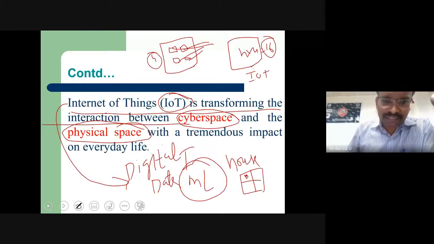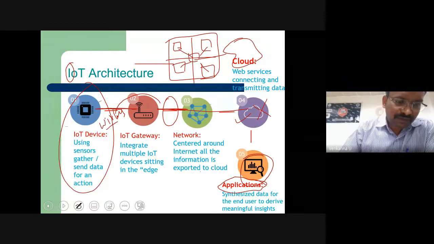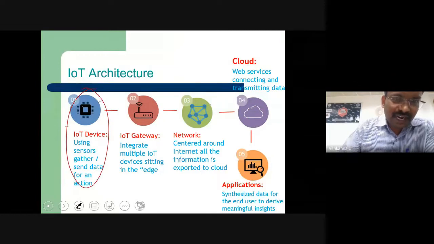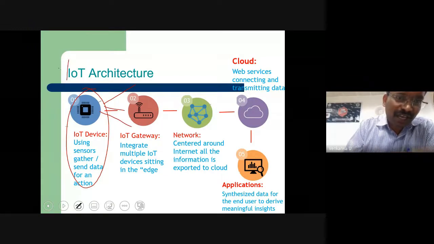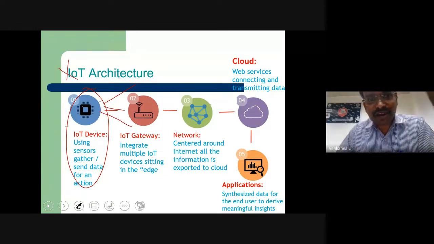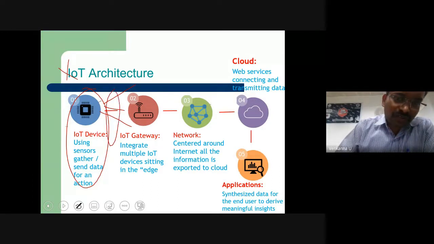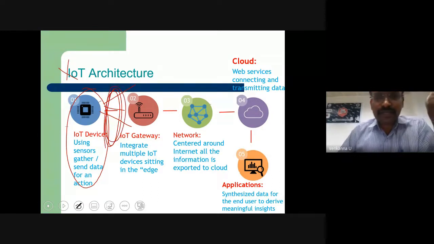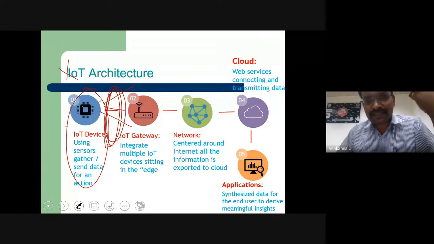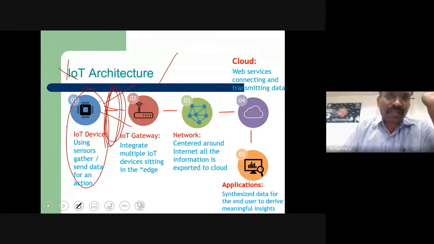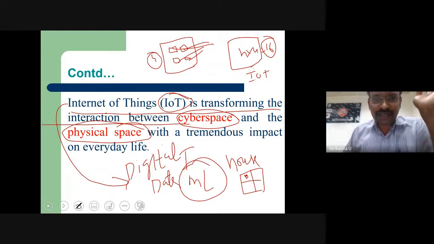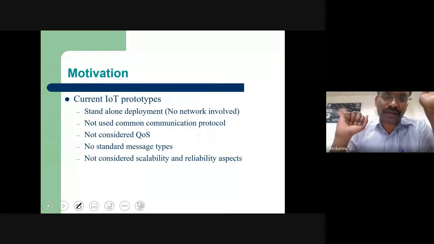Now, as I said in my first slide, your sensor node is sensing the data. If it is not sensing and pushing the data, I cannot call it IoT, because things are not connected to the internet. Things are not communicating to the internet. What I want to conclude here is that communication is going to play a very, very important role. If your data is not reaching, then your entire vision of the IoT architecture is going to fail. That's why I'm telling you communication is going to play a vital role.